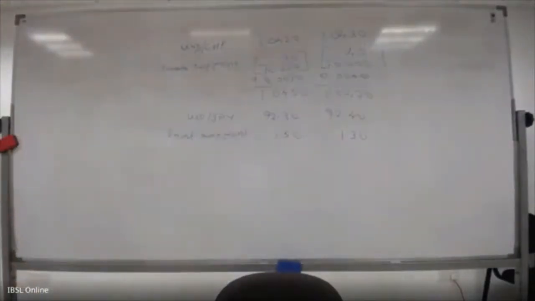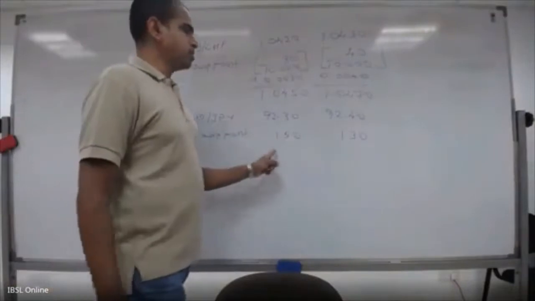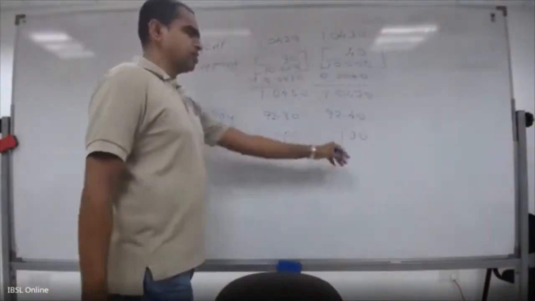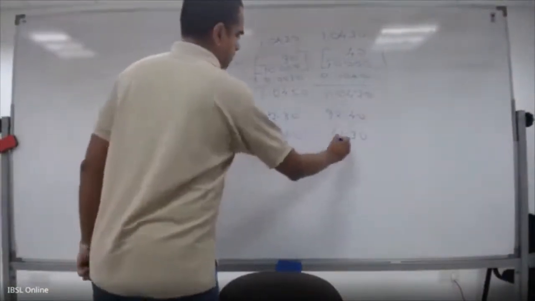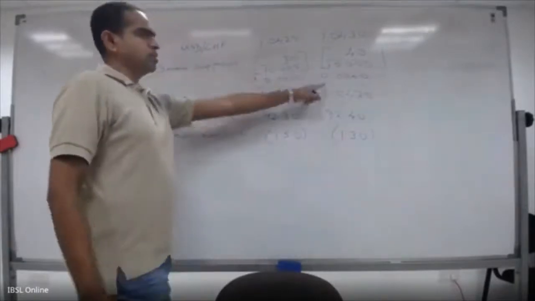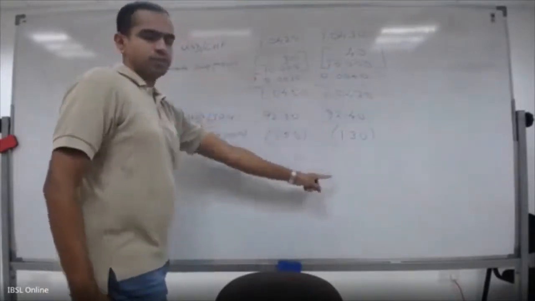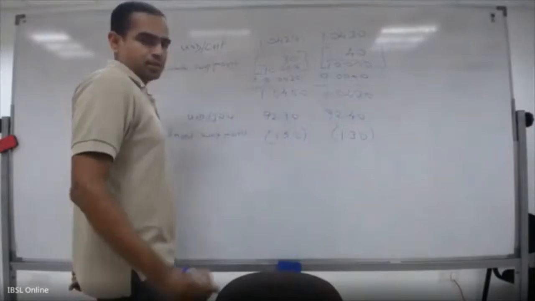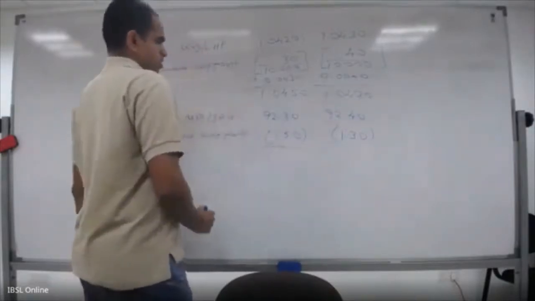Now, if you look at it, the swap point bid is higher than the offer. If the bid is higher than offer, swap point has to be negative. Remember that, right? Bid is lower than the offer, swap point positive. Bid is higher than the offer, swap point negative. This applies only for the swap point. For the outright,